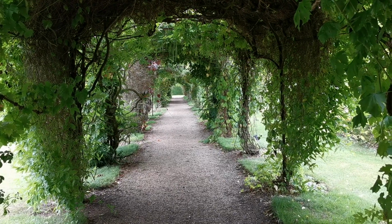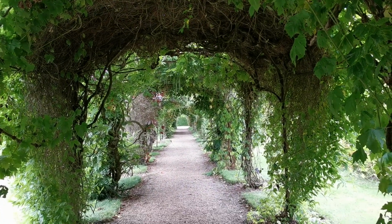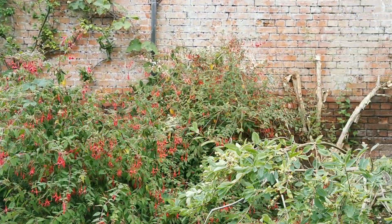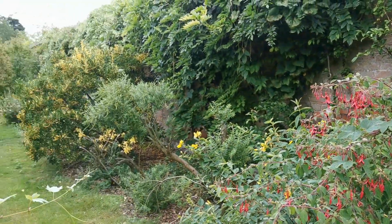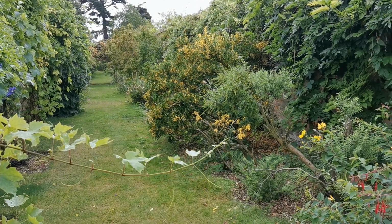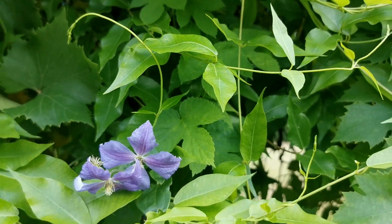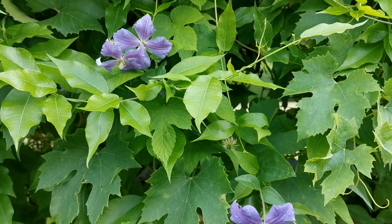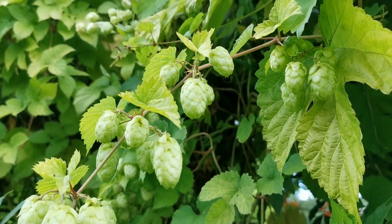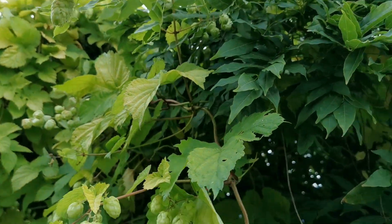Made our way right up to the far end, and we're looking back down this fantastic feature. I just made my way out to the side. We're on the back end of the wall with another walkway going down the side of this border. Still got some late summer clematis coming from the pagoda, which we didn't spot walking through it, but it's flowering on the outer aspect. Also some ornamental hops, which are growing again, enjoying the sun on this southern aspect, and